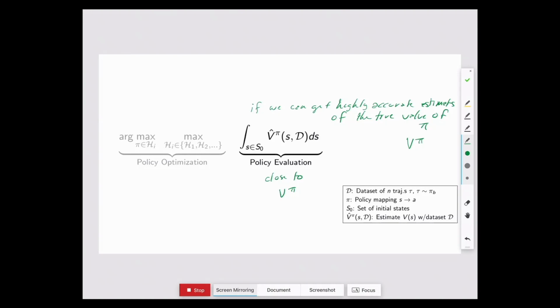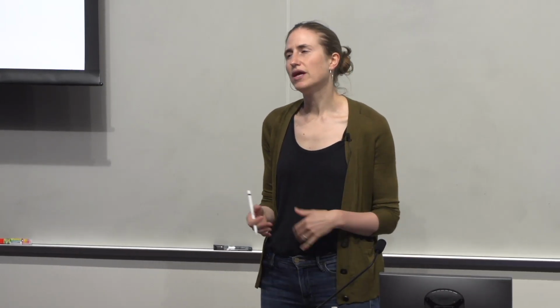So there's been a lot of focus on policy evaluation in the reinforcement learning communities, in part because it's considered, if we could achieve this, then that would help us for optimization. It also often could just be important in its own right. So for example, a company might be interested in, okay, we're thinking about deploying this new particular policy. How much better is it than the current policy? And so sometimes you're interested in this in your own right, even if you're not doing policy optimization, but it's also considered sort of a sufficient condition. If you do this really well, then you can do optimization on top.